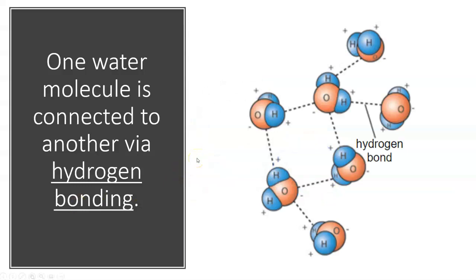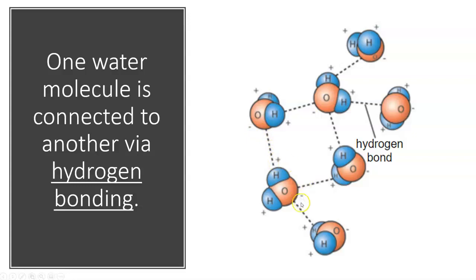So the cool thing about water, because the hydrogen side of the water molecule is positively charged, and the oxygen side of the water molecule is negatively charged, when a water molecule comes in contact with another water molecule, when they meet up, they will bond positive to negative, positive to negative. So you can see the positive side of this water molecule is attracted to the negative side of this water molecule. And the negative side here of this water molecule is attracted to the positive side of this one.